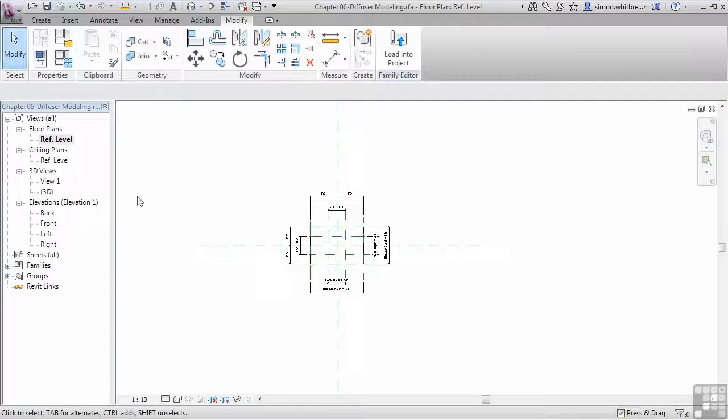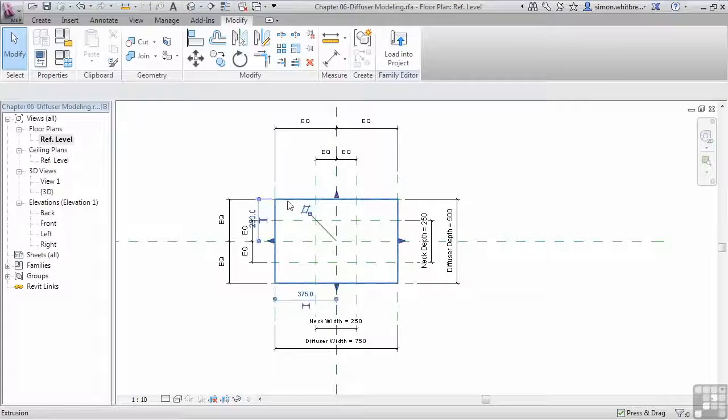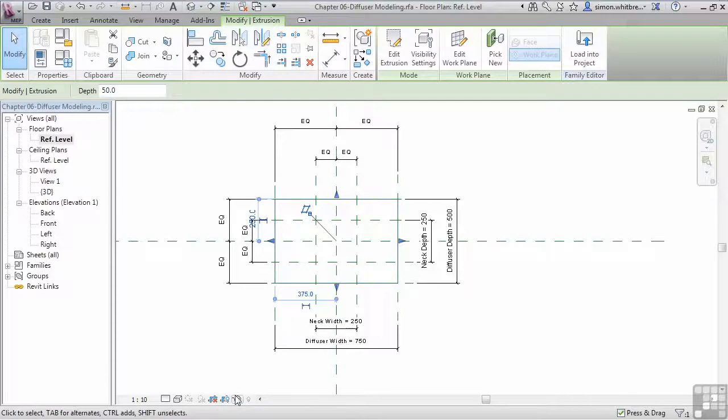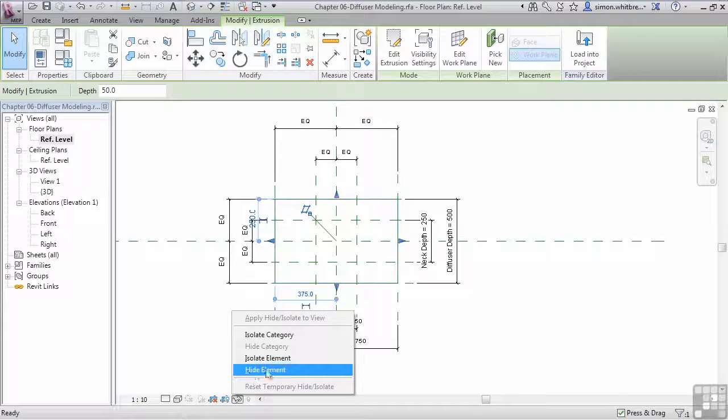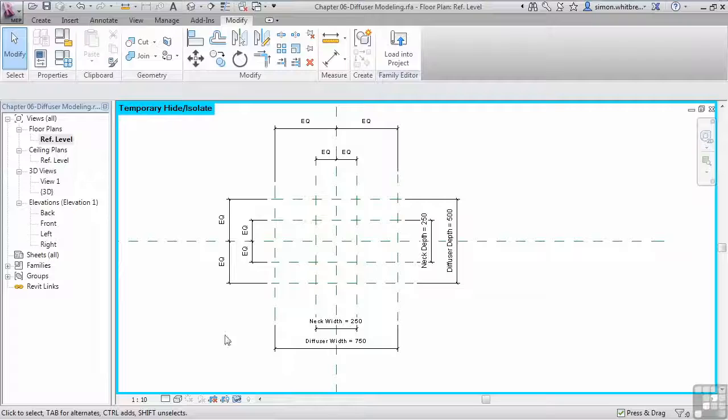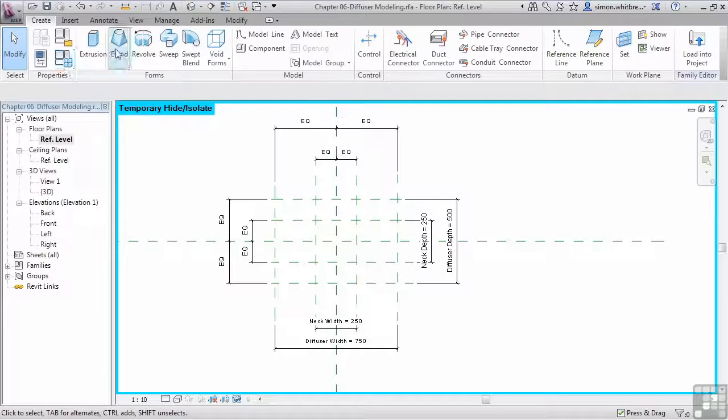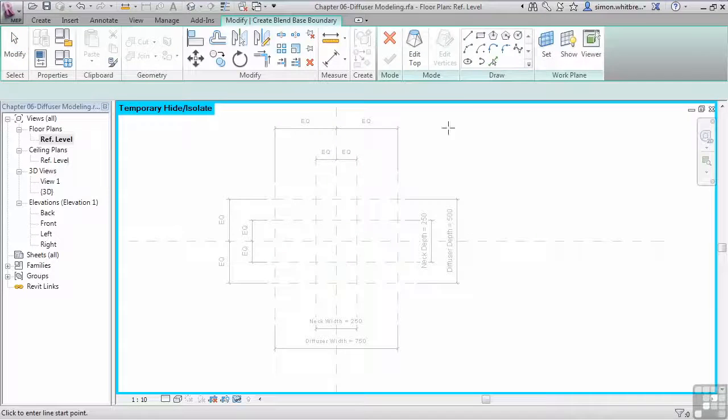So let's cancel this for the time being. Select the extrusion, and from my view control bar, hide that in the view so I can only see my reference planes. Go back to the Create tab, click on Blend, create my bottom sketch,